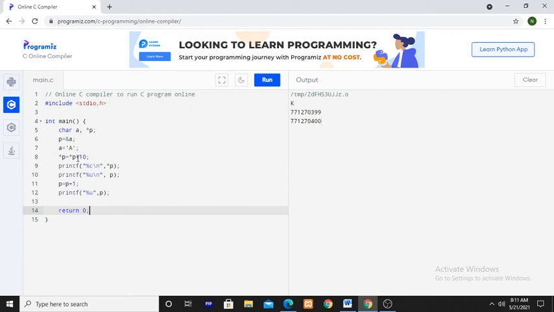Like that you can do the subtraction operation also. Suppose the initial value of a is k, now you can decrement this by 10, now you will get a. Here also you can use increment or decrement. So now I will get a. The initial value of a is k, if you decrement this by 10, you are getting a.